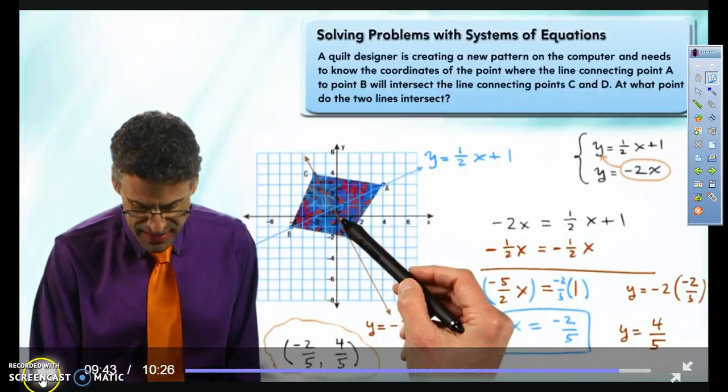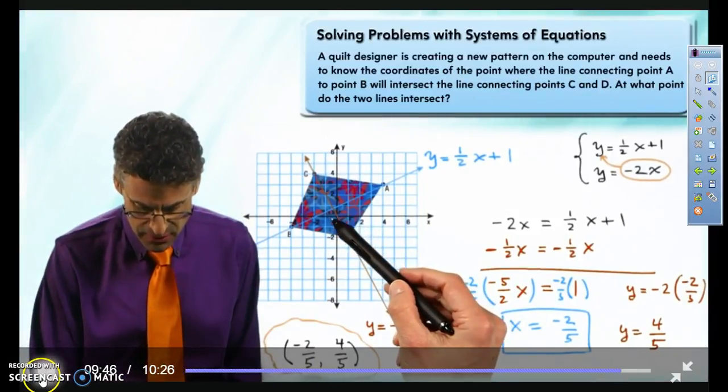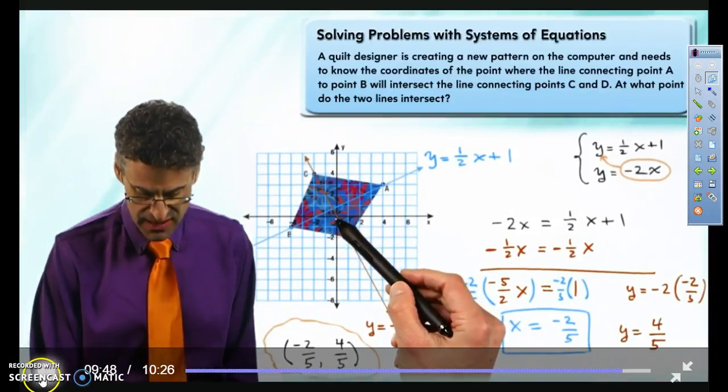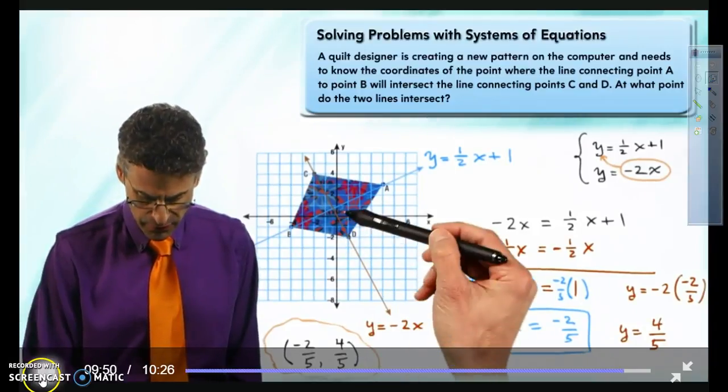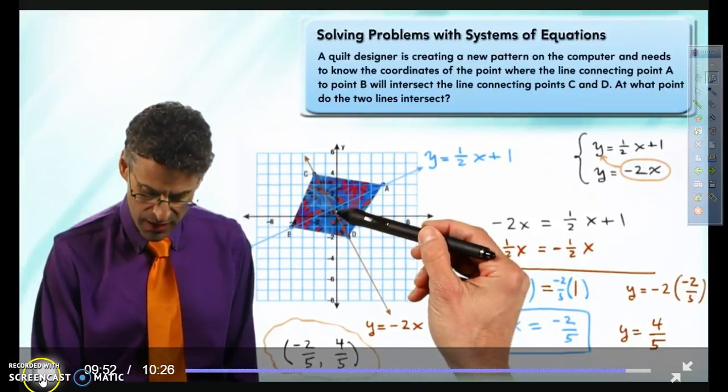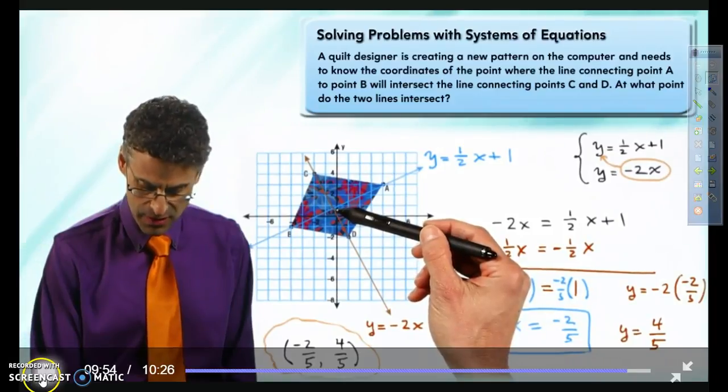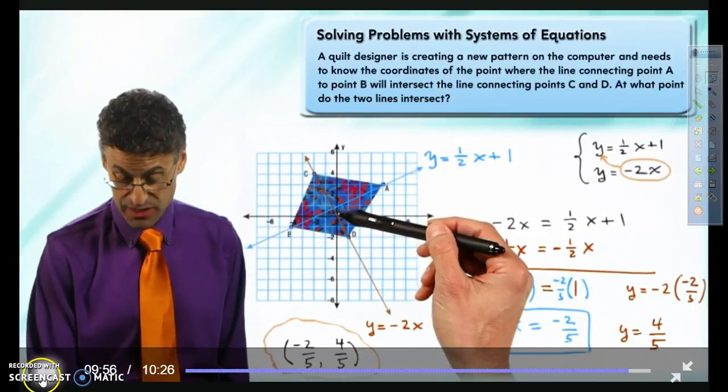So -2/5 is kind of around -1/2. That's kind of between 0 and -1. So that's kind of where this is. And how high is it? Well, it's 4/5, which is a little bit less than 1. And you can see it's a little bit less than 1. So this picture is actually pretty close to being accurate. But we see the exact accuracy the moment we actually start to write down equations and start to solve. In this case, systems of equations. So, whether it's quilt or whether it's